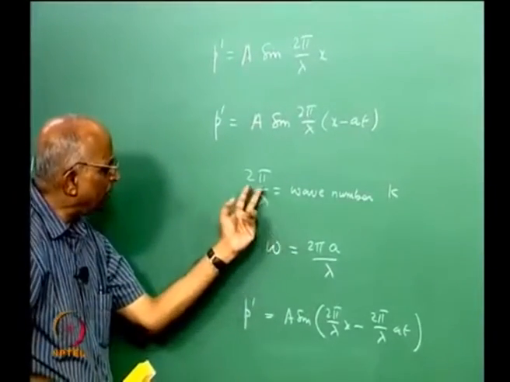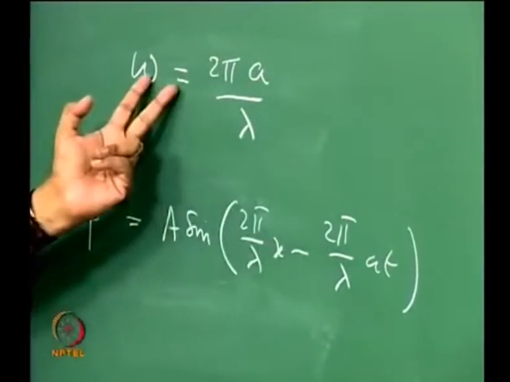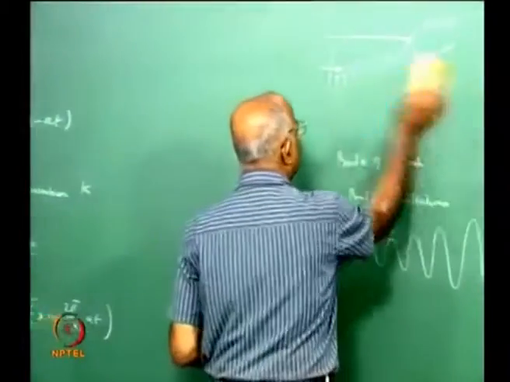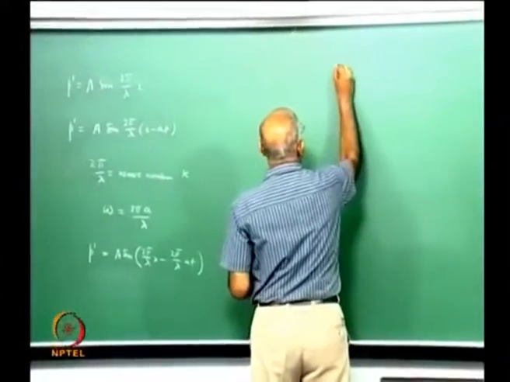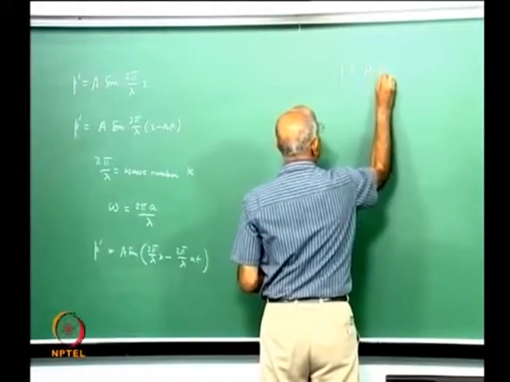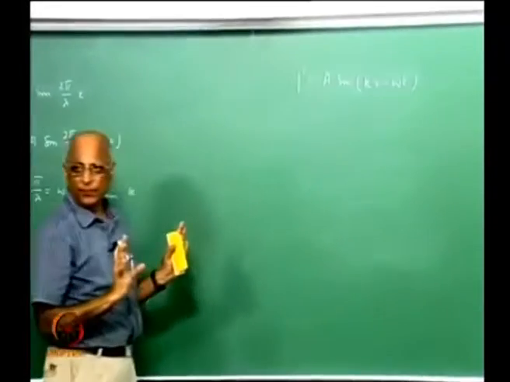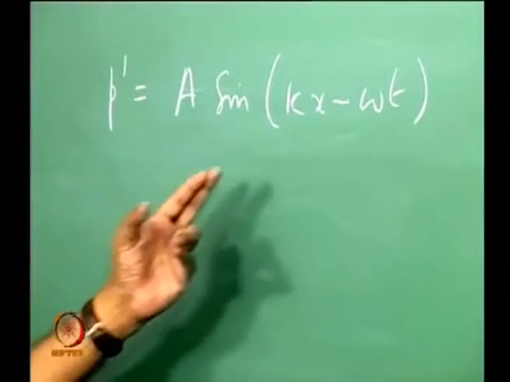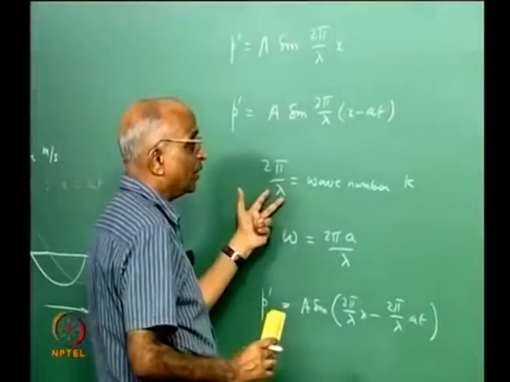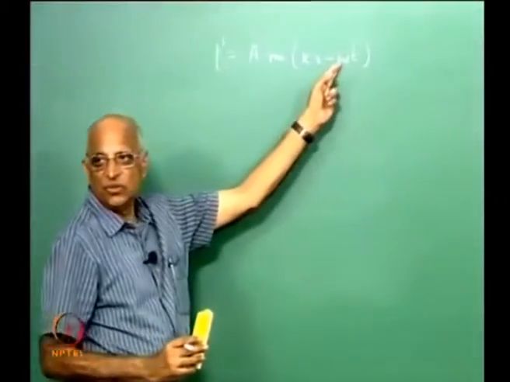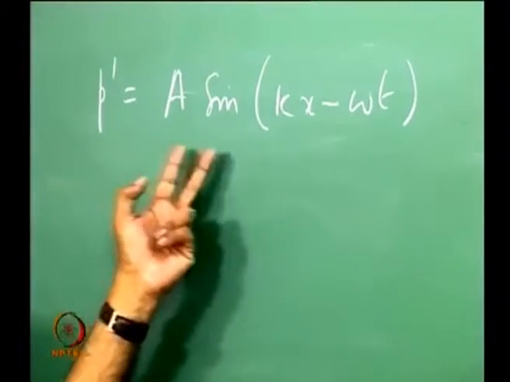Therefore, now I know the wave number is 2 pi by lambda, I can write it as a sine kx, and 2 pi a by lambda is equal to omega, and therefore, the equation to the wave which is travelling, like what I am rubbing out, I showed a travelling wave, is p prime is equal to a sine of kx minus omega t, right. Let us remember this form, because k, the wave number, goes inversely as lambda, 2 pi by lambda is known as the wave number, and omega is the frequency that we have. We are interested in the frequency of oscillations, we are interested in the wave number, and therefore, we can write it in this particular form,